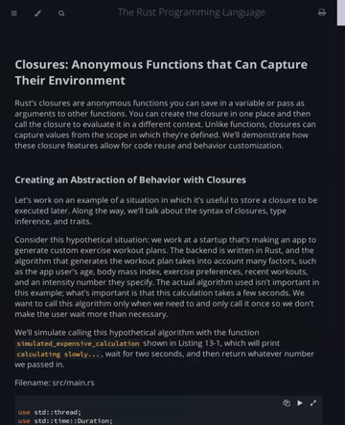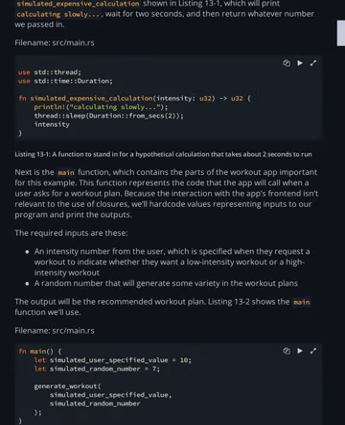We'll simulate calling this hypothetical algorithm with the function simulated_expensive_calculation, shown in listing 13.1, which will print "calculating slowly", wait for 2 seconds, and then return whatever number we passed in. use std::thread; use std::time::Duration; fn simulated_expensive_calculation(intensity: u32) -> u32 { println!("calculating slowly..."); thread::sleep(Duration::from_secs(2)); intensity }